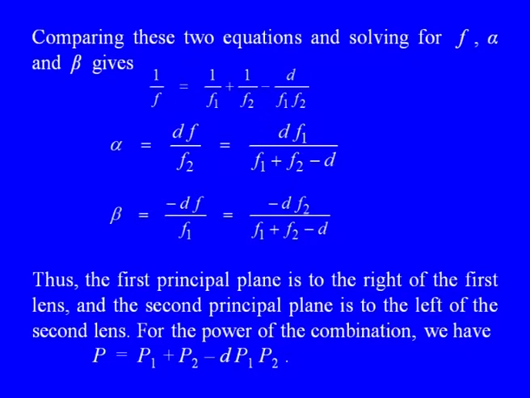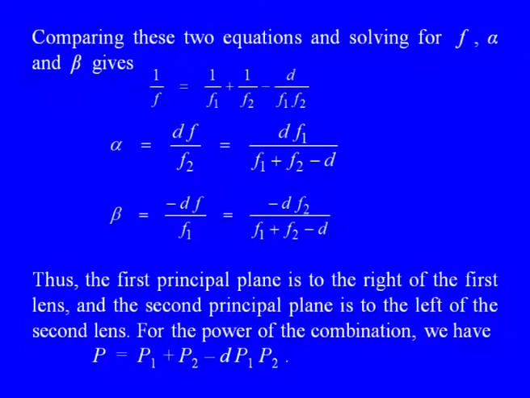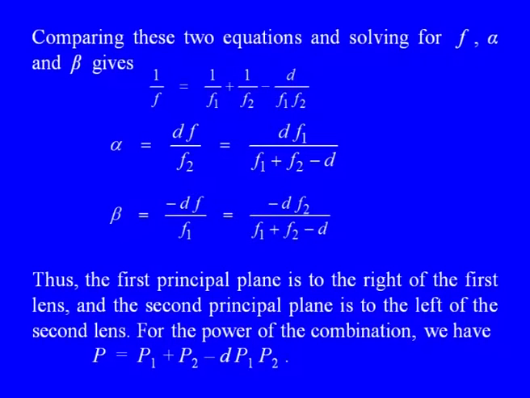f2. So, this is the focal length of the combination, and alpha is df upon f2, that is, df1 upon f1 plus f2 minus d, and beta is minus df upon f1, so, minus df2 upon f1 plus f2 minus d. So, now the idea is the two lenses are not to be treated separately anymore. We have just one optical system. Object and image distances are to be measured from the principal points, and we have the equivalent focal length